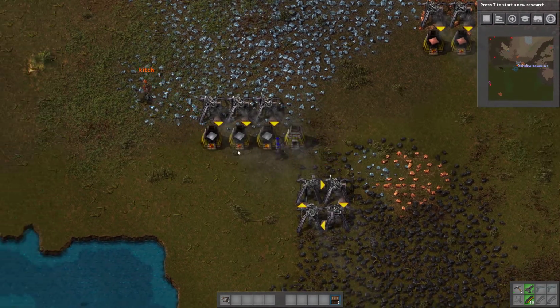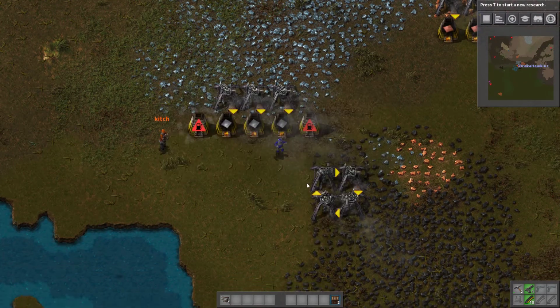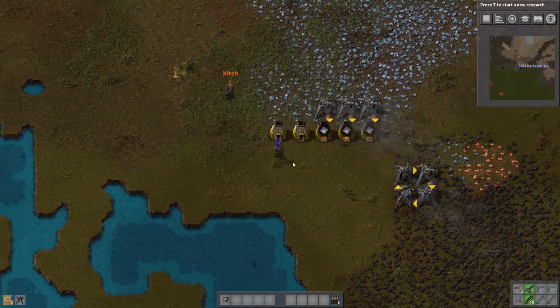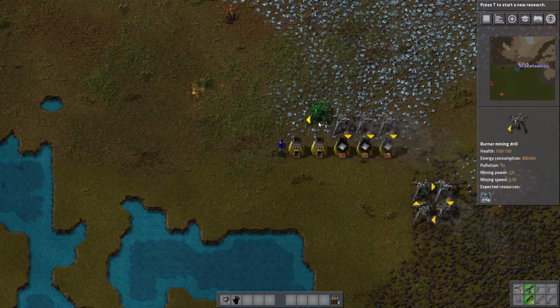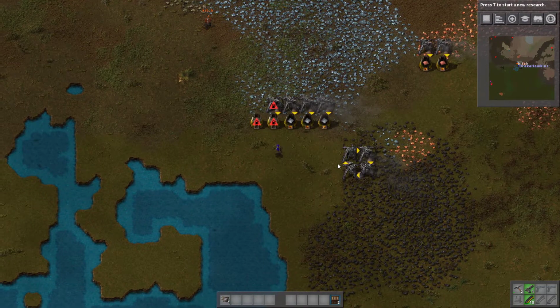We need another drill. I need a stone furnace to make a drill. I forgot about that. I have no stone. Oh, take one of those. Already on it. Stole one anyways. I suppose we could put a couple...